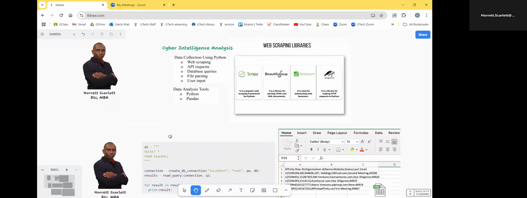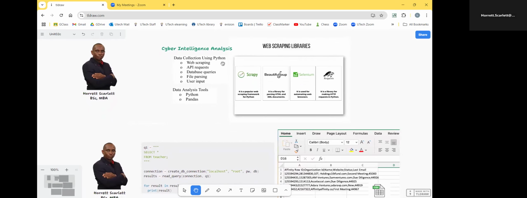And finally, we want to look at how we can use Python to do particular tasks which are important in terms of data collection and data analysis. One of the things that we will find is that the Python programming language is a rich ecosystem, especially when it comes to performing data analysis. So we have web scraping libraries like Scrapy that allow us to go out to websites and extract the information from the website so that it can be analyzed.